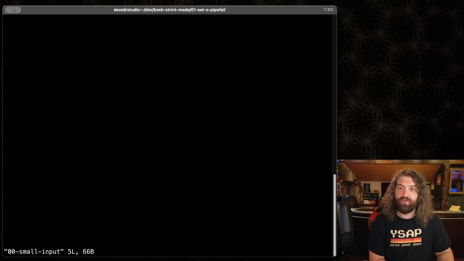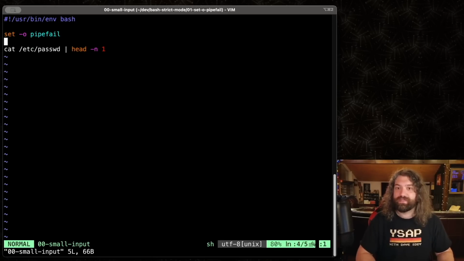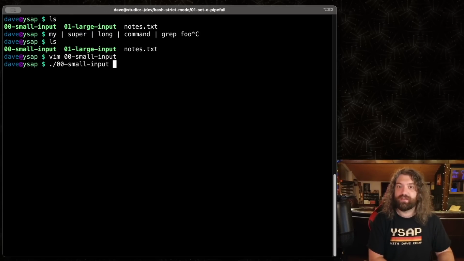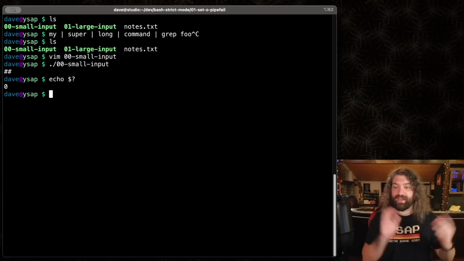So let's show what happens here. Here's a very simple, contrived example. We're piping cat into head. You normally wouldn't do something like this, but this is just to show this could be coming from anywhere. This could be coming from curl or from a command or from a function. We set pipefail here, so we turn it on. We cat /etc/passwd, and we grab the first line of /etc/passwd. So let's go ahead and run that. We get the first line of my /etc/passwd file, which is just comments, and it was successful. Hey, that's awesome. That's really cool.